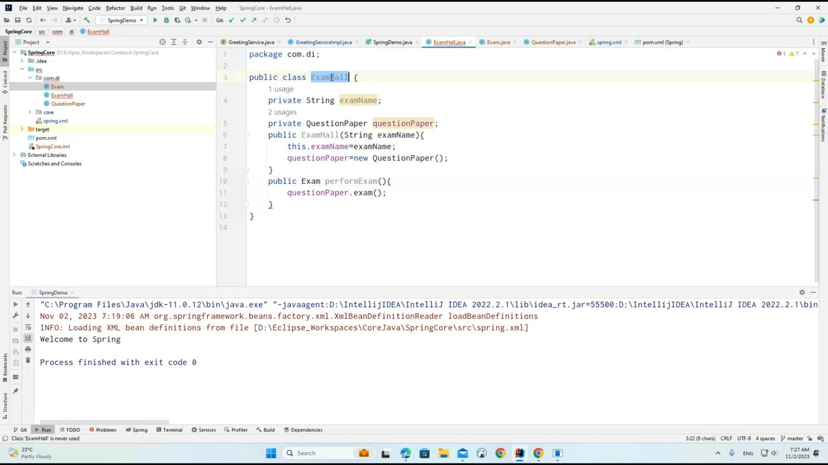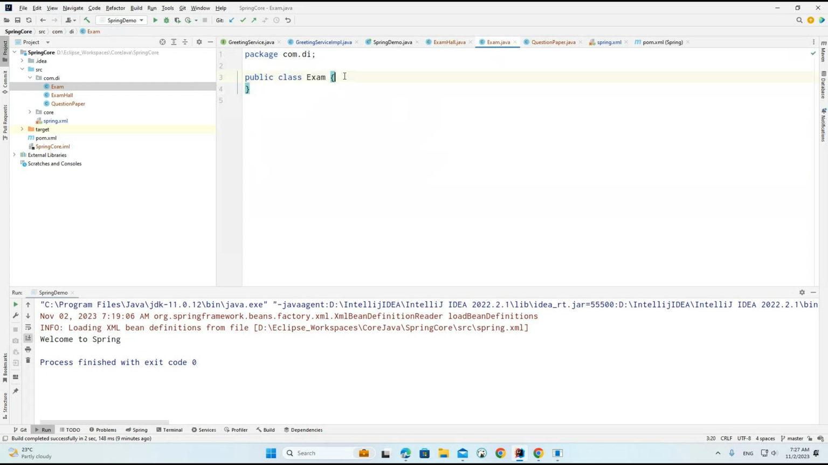Now under this particular exam, we have the name of the exam and we are trying to collect the question paper. So once we collect the particular question paper, we'll try to perform the exam. Whenever we are performing this particular exam, it will return the proper exam related information. Okay, so let's say here I want to